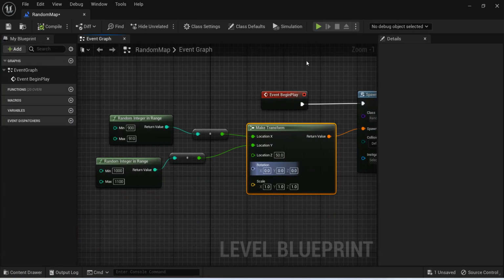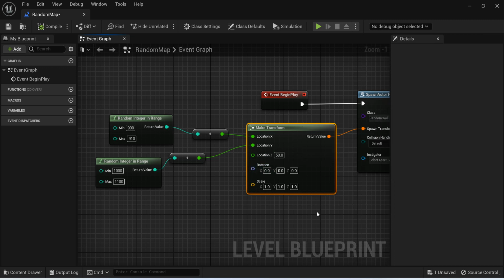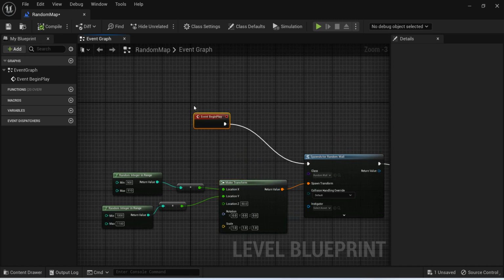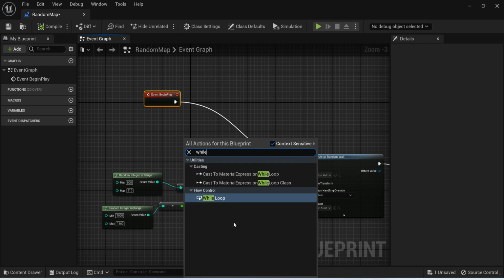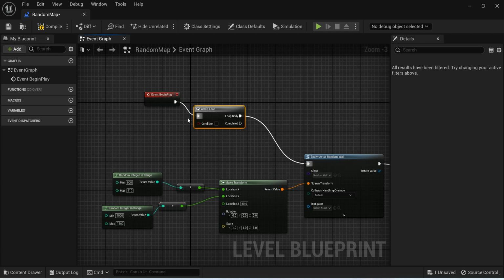So what we will be doing is looping over this for 10 to 20 times or something like that. So we will do loop, get loop, set loop for each, and while, why not the while loop. So from here we would do a while loop, and the loop body would be this, and for the condition, from this condition we will create